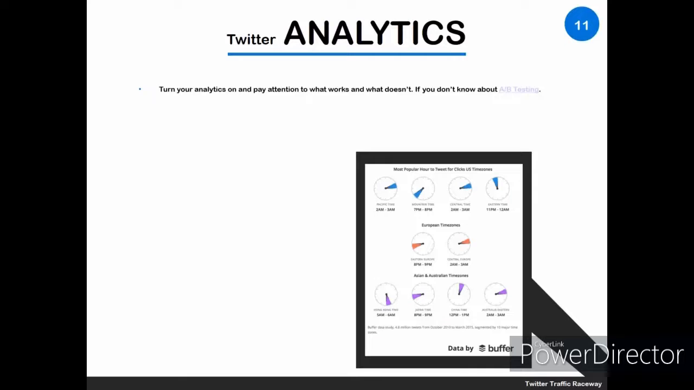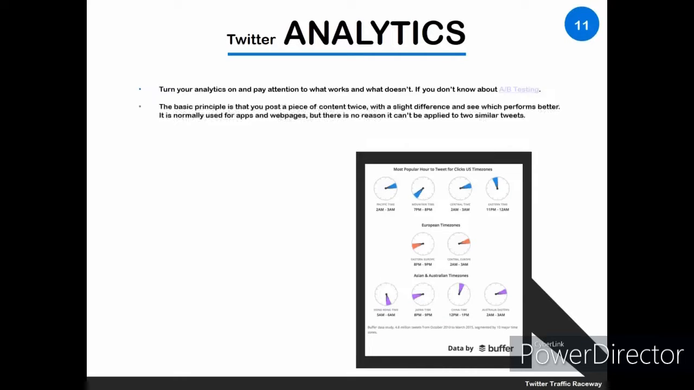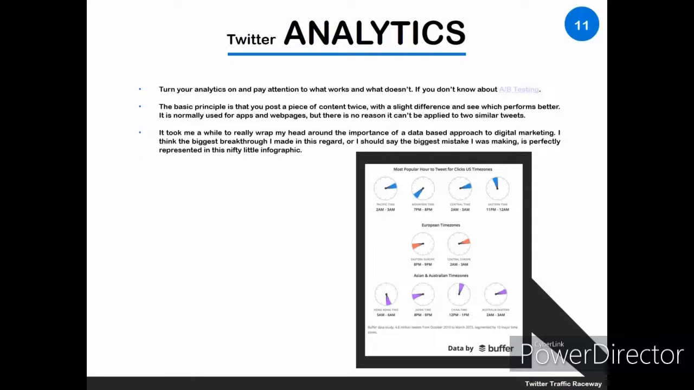If you don't know about A/B testing, the basic principle is that you post a piece of content twice with a slight difference and see which performs better. It is normally used for apps and web pages, but there is no reason it can't be applied to two similar tweets. It took me a while to really wrap my head around the importance of a data-based approach to